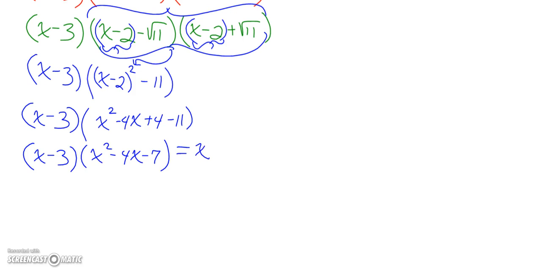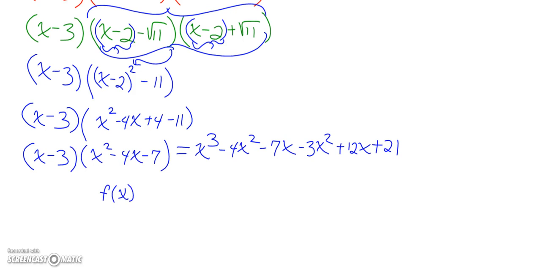I get x cubed minus 4x squared minus 7x minus 3x squared plus 12x plus 21. And combining a few like terms, my answer will be x to the third minus 7x squared plus 5x plus